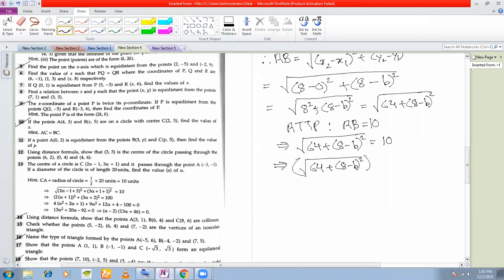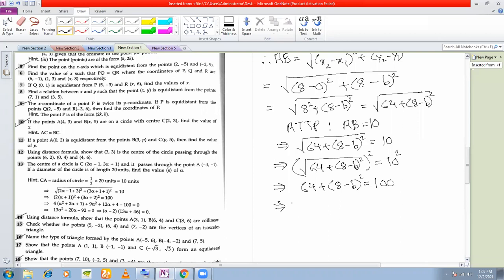Square the left hand side and also square the right hand side. And now because we have squared the left hand side, we can remove the radical. And 10 square is 100. Now how do you solve this equation? Just as I have shown you, you can solve it in both ways. This time, let us solve it in the other way.